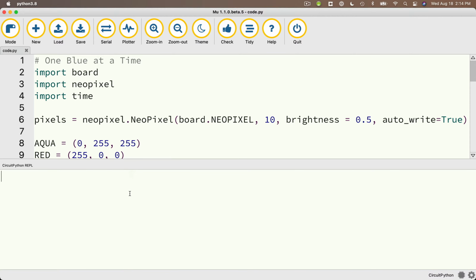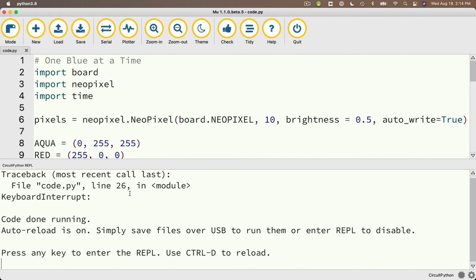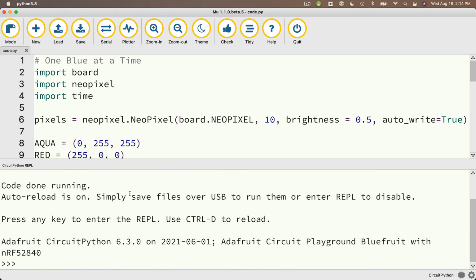So let's open the serial console, type Control-C, press any key, and now I'll type the first line of a for loop. So I'm going to say for, and remember I said that you could name that index value anything. So I'm going to change the name to I here, just to show you that you can use any valid variable name as the name for your index. And then I'll say in range, and in parentheses, the range will be 5. That means we start off at 0 and we go up to, but we don't reach 5, and then colon,